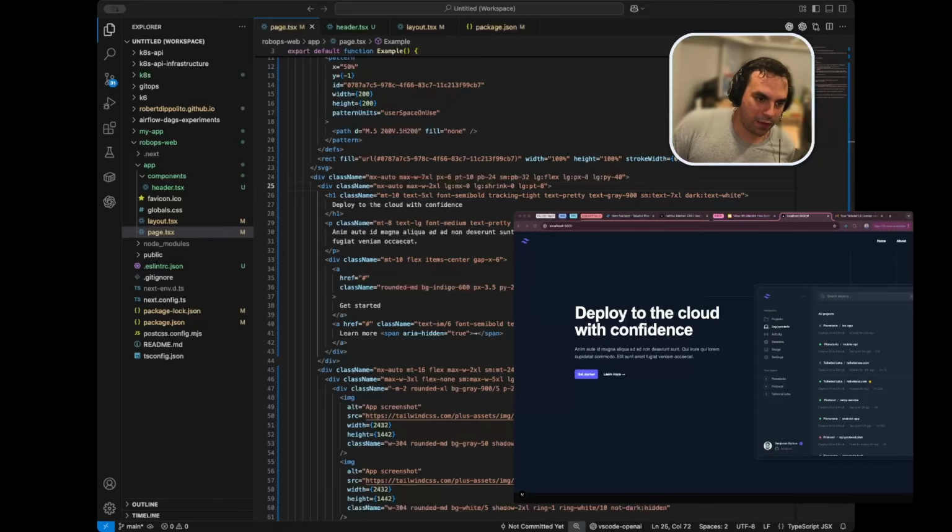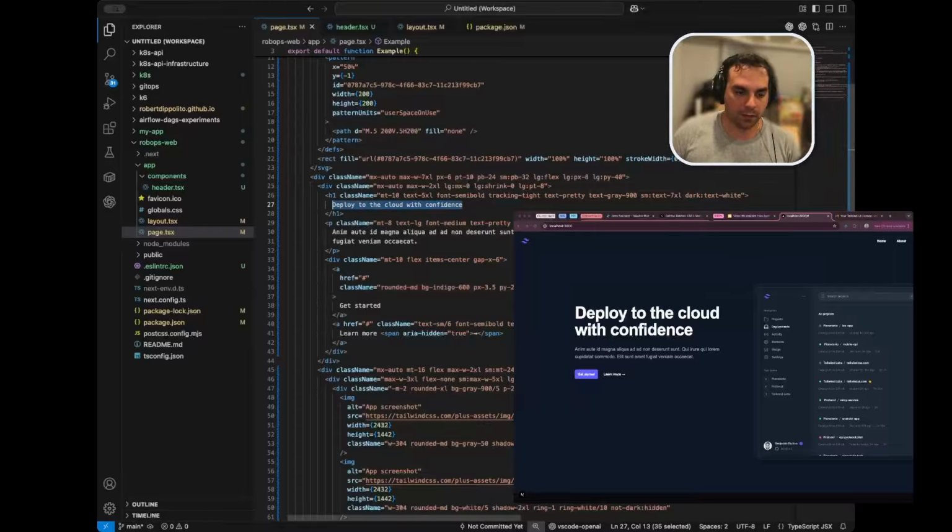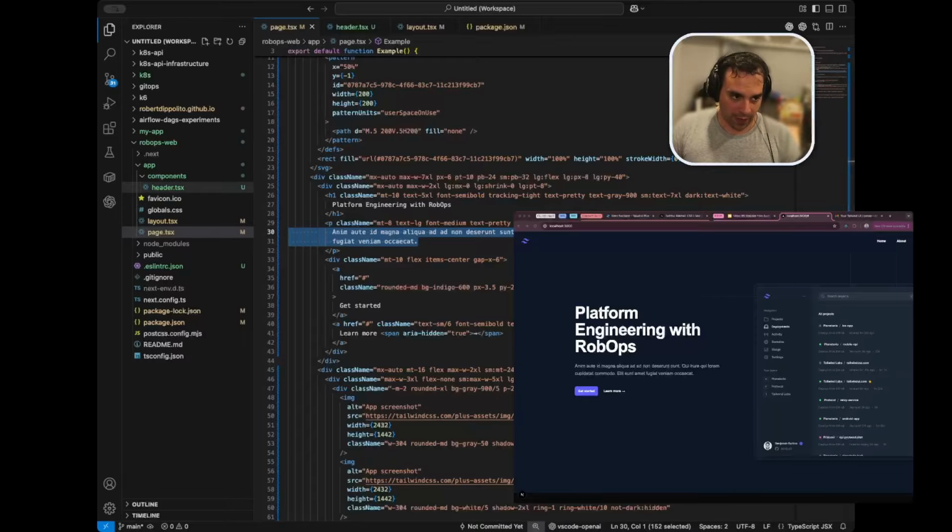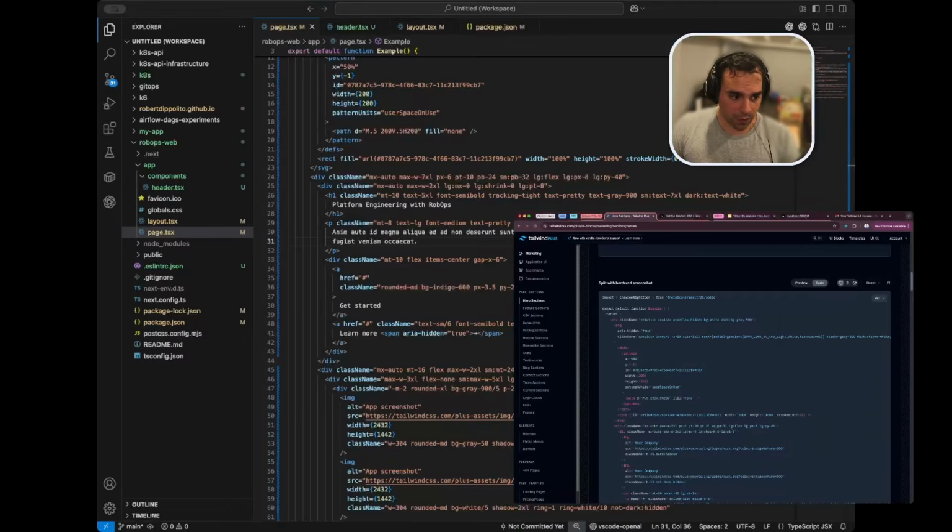Now we have basically a very simple "deploy to the cloud with confidence." Instead of that, for our experiment, we can update the copy here to just say platform engineering with RobOps. Now that we have the hero section, we're going to swap back to the slides,